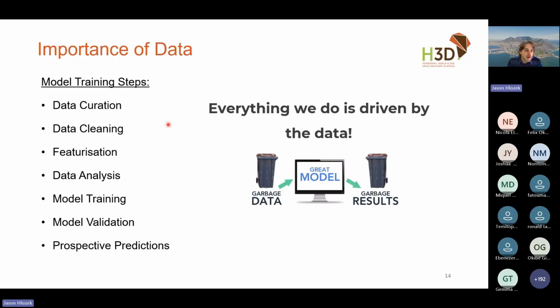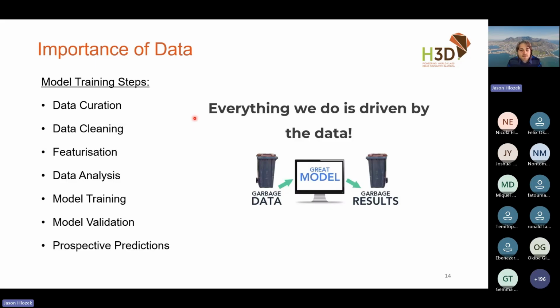So as data scientists, we spend a lot of time in these initial two steps, this data curation, so finding the data, and then cleaning the data so that it's not garbage in, garbage out, but there's actually something to learn. Probably 70 to 80% of one's time is just spent on these steps, really processing the data. And then the fun bit is only, say, 20% of the time, maybe.